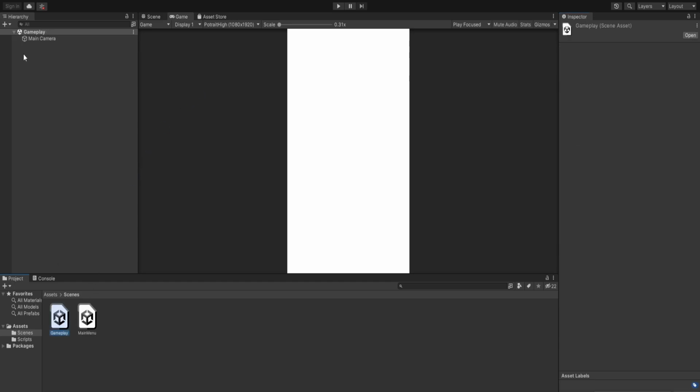Similarly, we are going to add our gameplay scene to the build. So we'll go inside build settings and we'll do add open scene. So whenever we change the scene, we are able to see it. Now in our main menu,